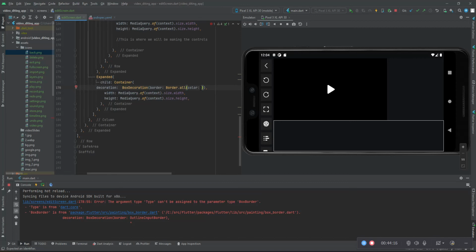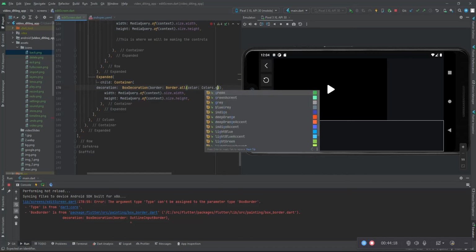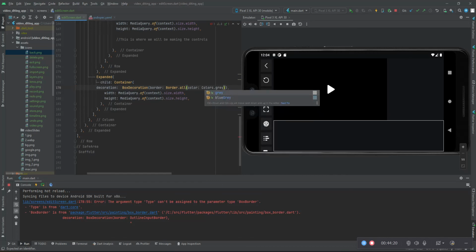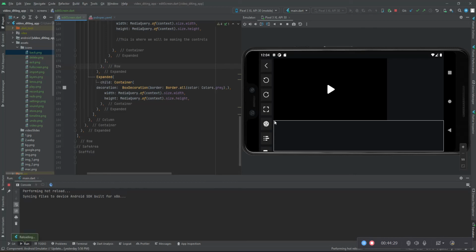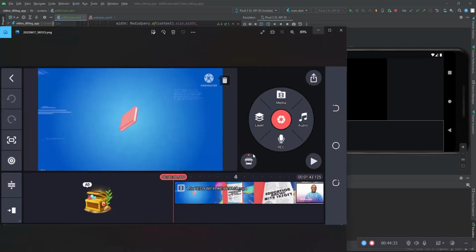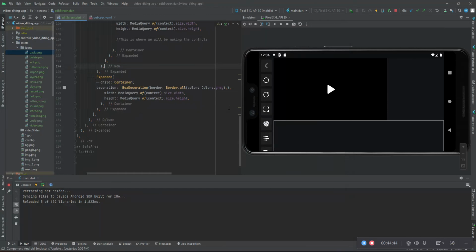So I'm just gonna say Colors.gray for now, and yeah, so let's just save this, and we will get a border like this with a gray color, right? So when you take a good look at this, you can see it actually has some sort of gray color itself. So there is a way of doing this, right? You can either